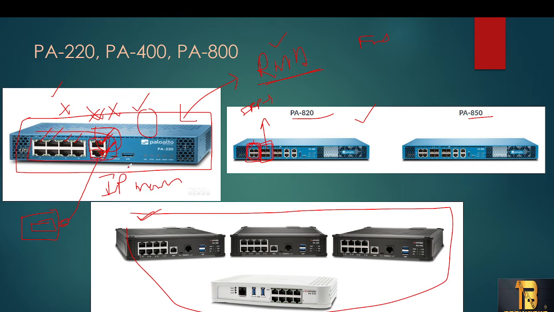This management interface will be connected to the uplink devices, whatever uplink routers will be there, right? They have configured DHCP on the uplink routers. So they are going to take one IP from the DHCP pool, and connect it to this firewall management IP. Once we have configured the management IP on this firewall, you can directly take SSH of that firewall.